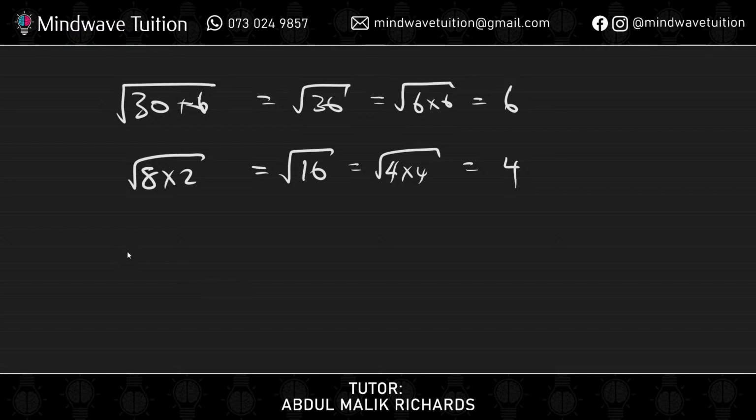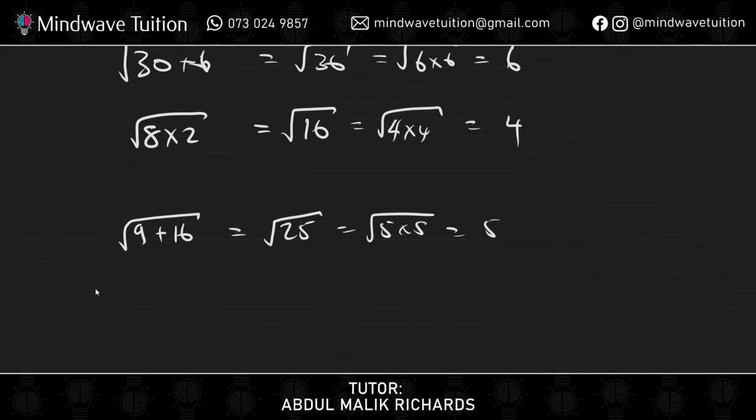When we have two perfect squares underneath, so for example 9 and 16, like that, you have to add those two, which gives us 25, and obviously that's going to be 5 times 5, which equals 5. But when two perfect squares are multiplied by each other,